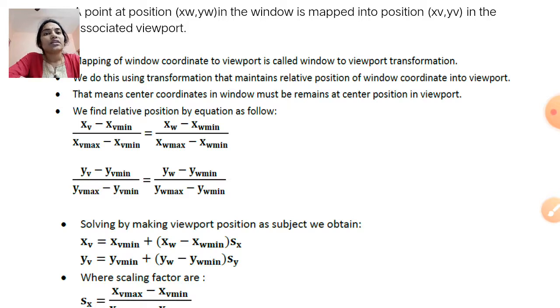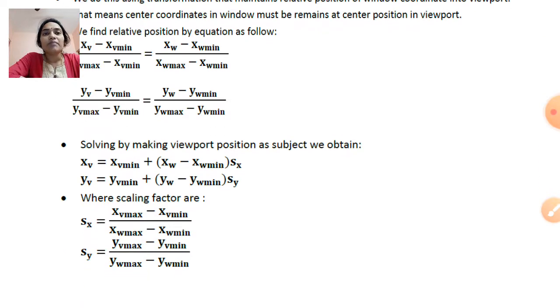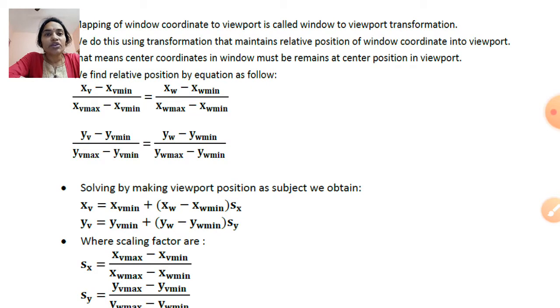In the same way, this is according to your x axis. According to your y axis it is also the same: (yv minus yv min) by (yv max minus yv min) equals (yw minus yw min) by (yw max minus yw min). So solving by making the viewport position the subject, we obtain xv equal to